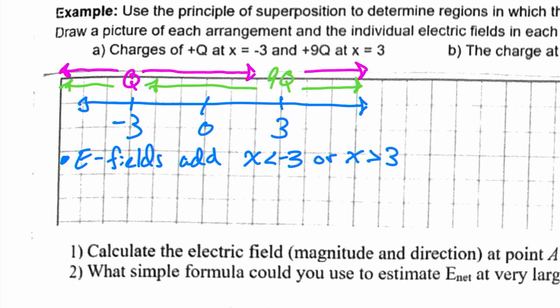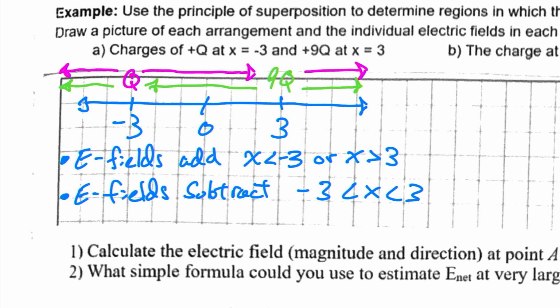And because we're adding together the fields, essentially it's going to make the field stronger and it's not going to cancel out. The E fields will cancel, or at least they'll subtract. Right? Maybe that's a better way of saying it. They will subtract between -3